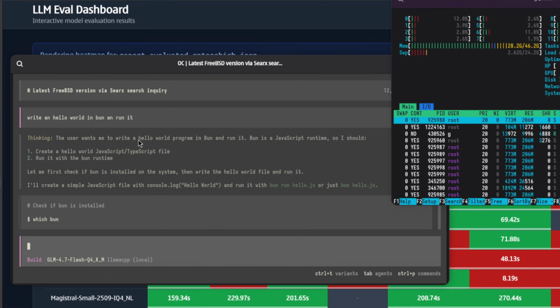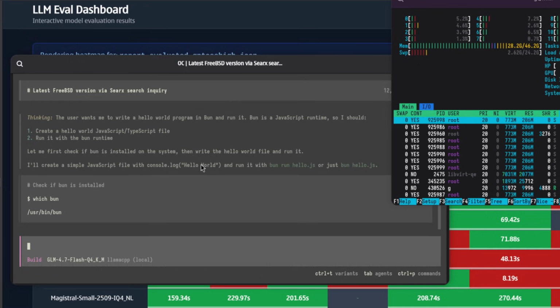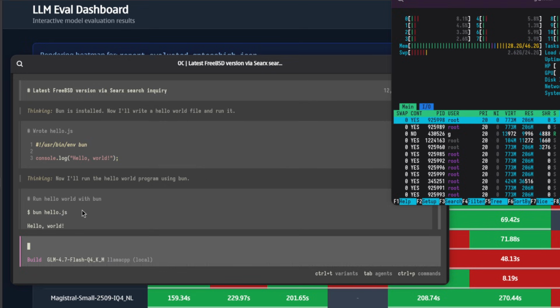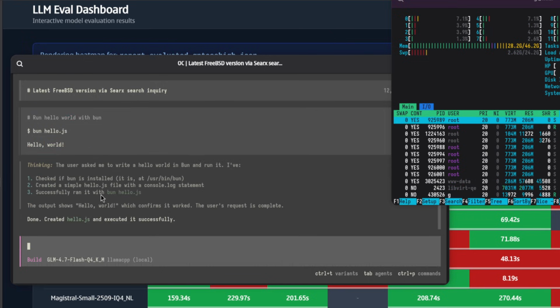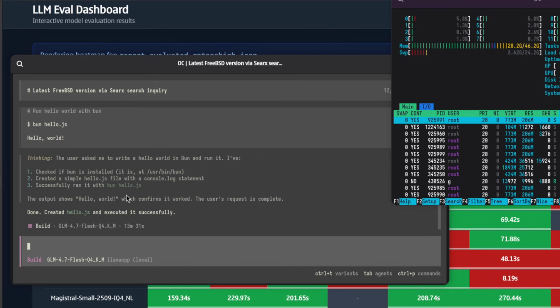As you can see, it is able to generate the file, write the file, and execute it in the system. Before executing the file, it checked that bun was present in the system. And then this is the hello world in JavaScript, and this is the execution. This is a very basic test for this model,